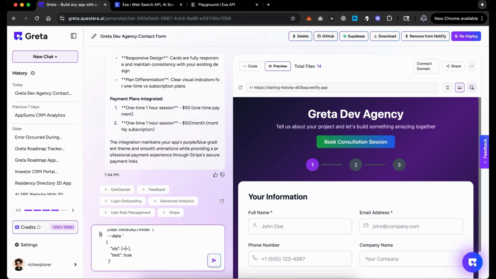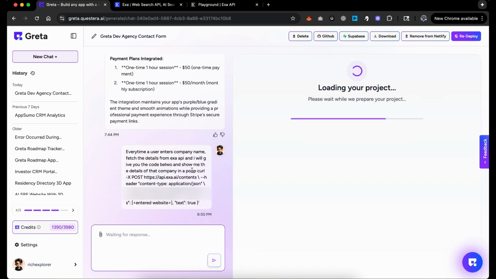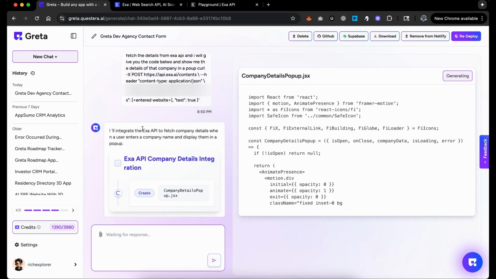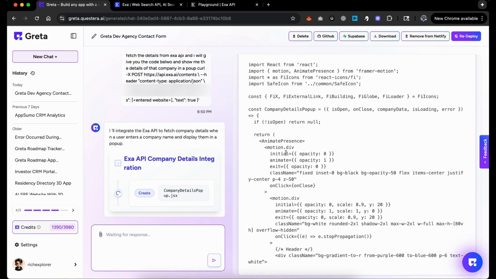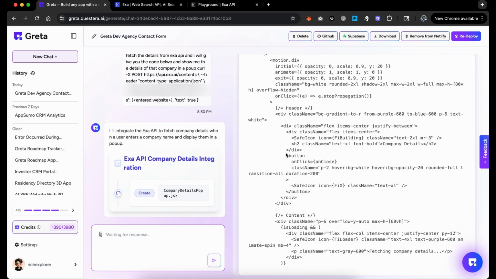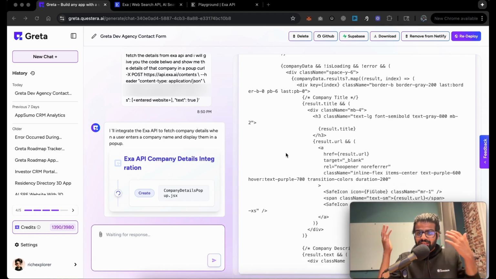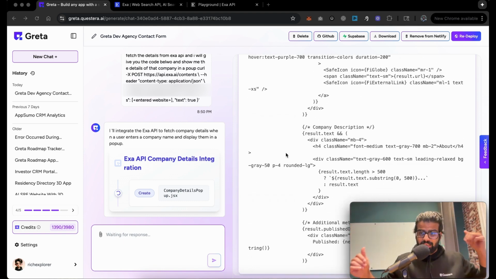And then you don't have to make this change, entered website. You really don't have to make this change, but I'll just make it so that I give more context to this. And now it will go in and start doing something for me, and let's see what it does. I also have no idea, but let's wait for a second and see how it integrates Exa APIs.